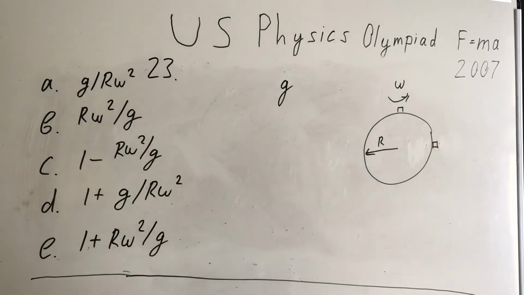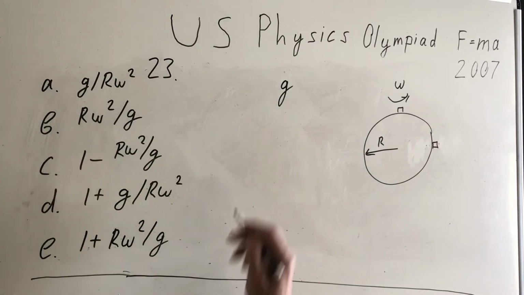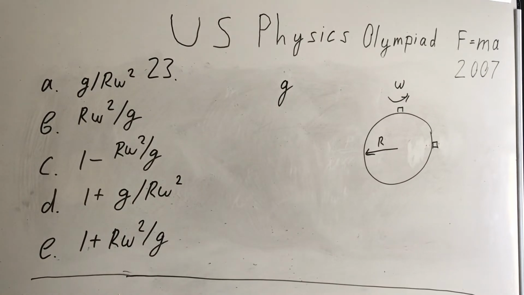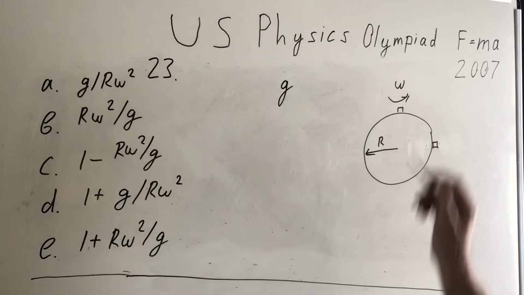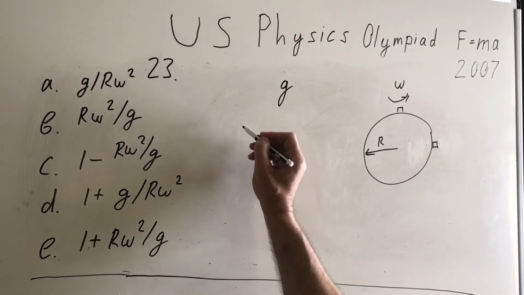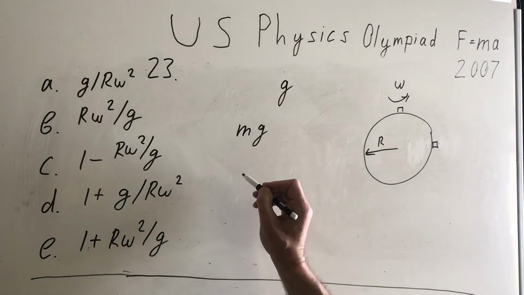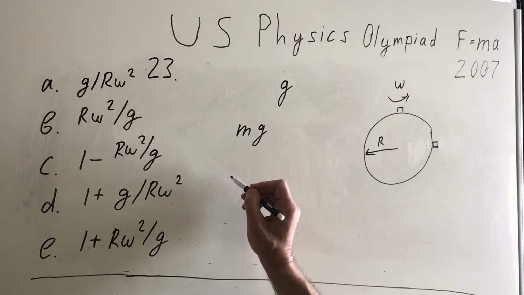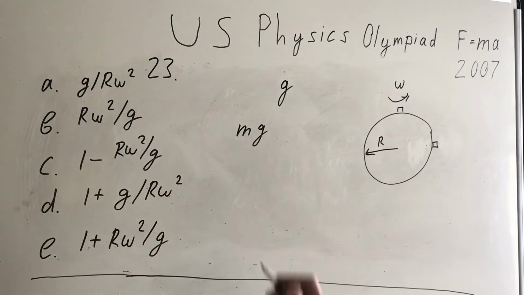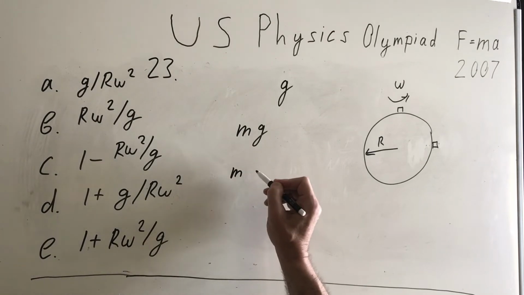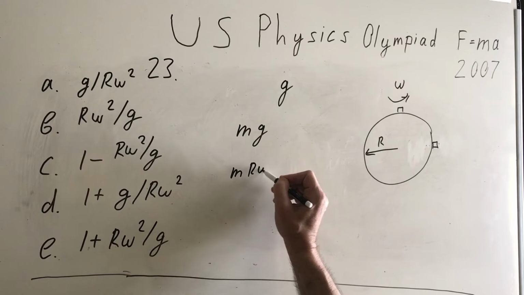It's obvious that at the North Pole we have a normal force equal to the gravity force, because this person is not moving, it's stationary. So we have normal force equal to mg. On the equator, the person is going along a circular trajectory, and we know that in this case we have centripetal acceleration with a centripetal force equal to m r omega squared,